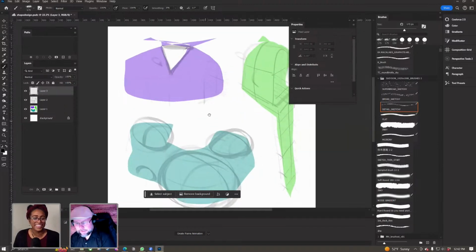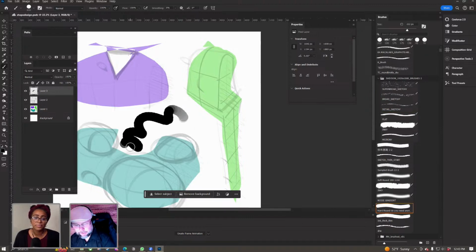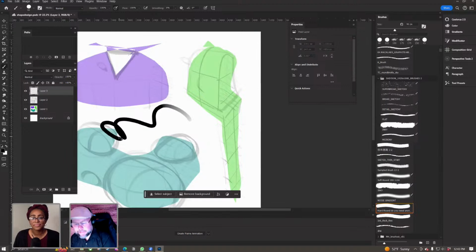The other thing is I use a brush by Siyoon Kim, and he just has a brush pack that I like. I wanted to point this out. I could go in with a hard brush, like just some of Kyle Webster's brushes that come with Photoshop. I say all that because you don't need to buy another brush. It's just that this brush was one that I'm really used to.